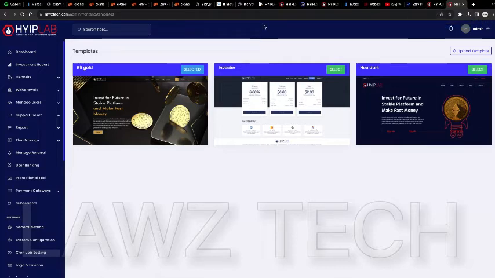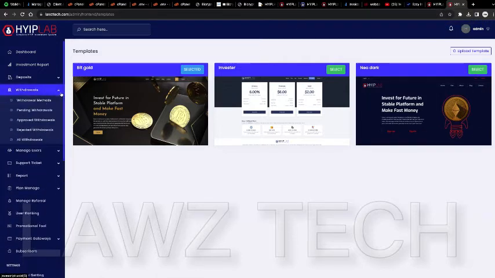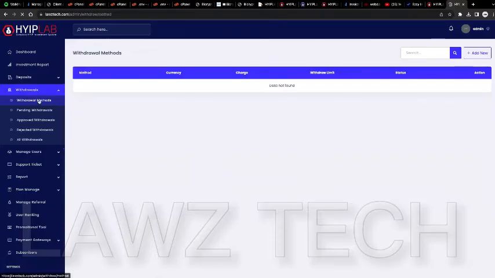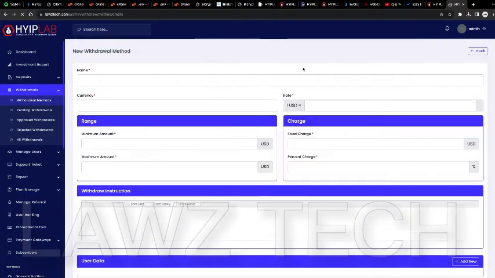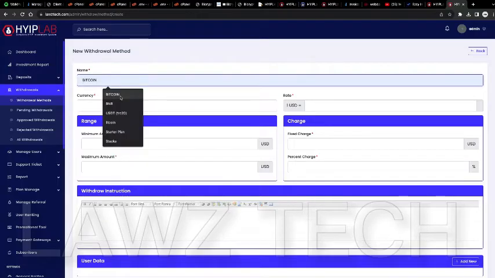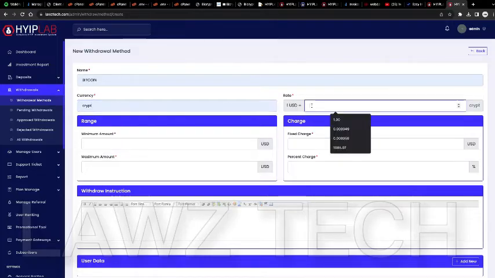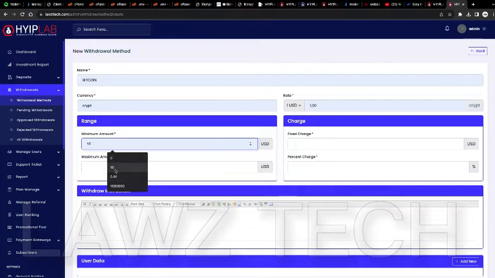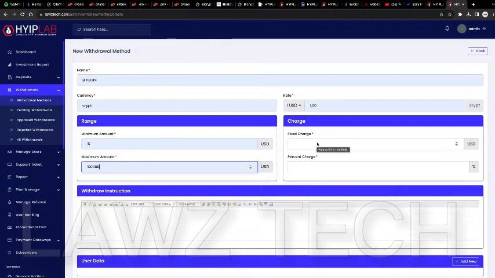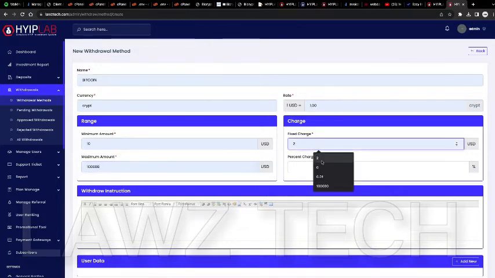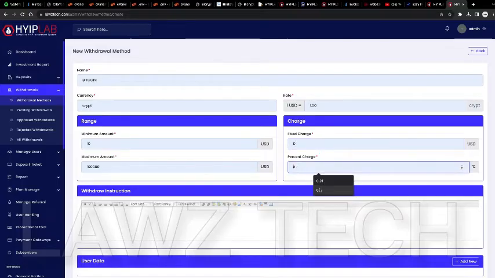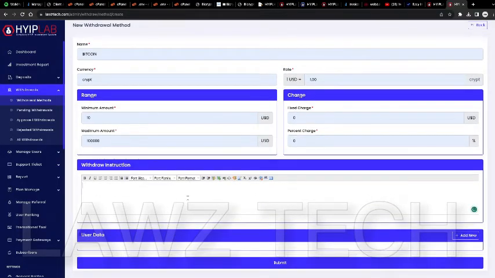setting up the withdrawal method. So let me do it for you guys so that you can see it very well. Withdrawal method, you click on withdrawal method, add. So you click on Bitcoin currency. I'll just write crypto, and I don't know the conversion rate, but let me just set it to 1.00, and then minimum amount, let's say $10, and maximum amount should be $100,000. And then fee charges will be 0, and then the instruction here will be like,